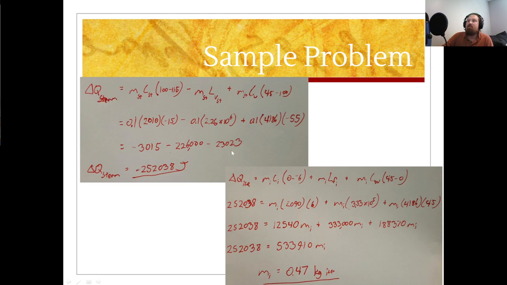As I said, every term needs to become negative. The MC delta T's will handle the negative sign themselves. You will have to make sure to check and add a negative sign manually if you are doing a phase change involving the removal of heat. We multiply each of our terms to simplify them. That gives us 3 big negative numbers. And so our final answer will be negative 252,038 joules of thermal energy that needs to be removed from this steam to turn it into our desired temperature